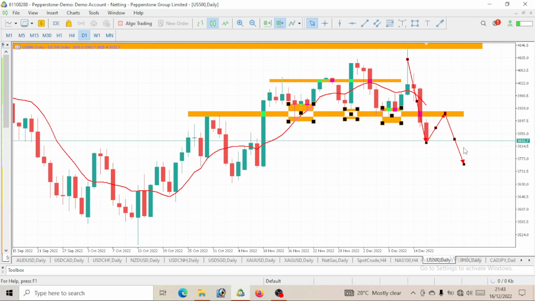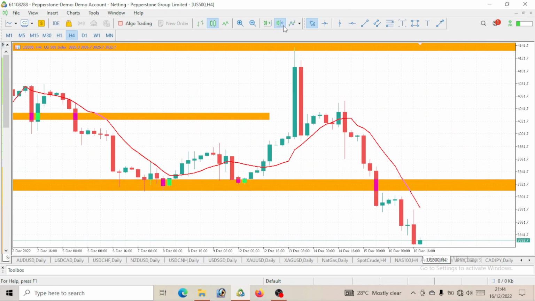When will the pullback be made? That is exactly what I can't really tell. But one thing I know for sure is that a pullback will be made, just that I don't know when. Will it be made on Monday, Tuesday, or Wednesday? Can't really predict. But a pullback will definitely be made on this S&P 500 to hit this level, then a continuous bearish move. So above all, S&P 500 is still bearish, and you can still see it trading below our 10 period moving average. As long as it is still trading below our 10 period moving average, especially on the daily time frame, you should definitely consider a short or sell.